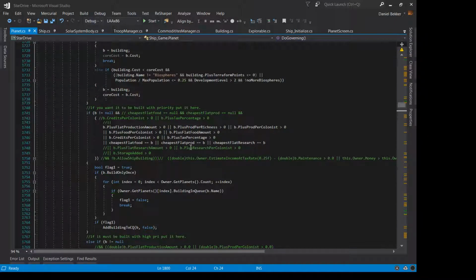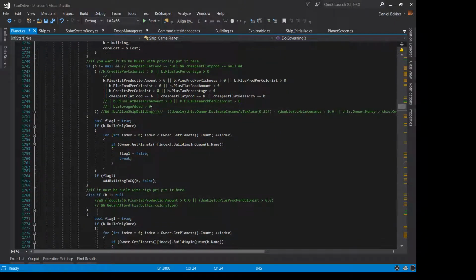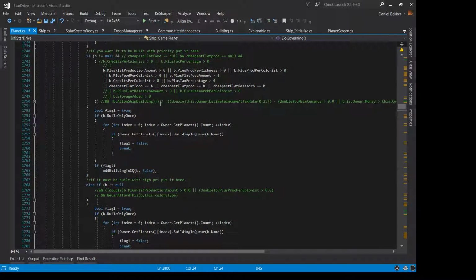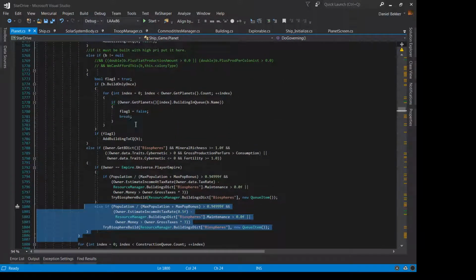Because this is trying to fill some need, although it's really generic. It's just saying if it has any of these things, then let's do something with it, right? But it doesn't have a specific need. It's a general, this building is okay sort of need. That seems like a pretty simple concept. But the problem with that is